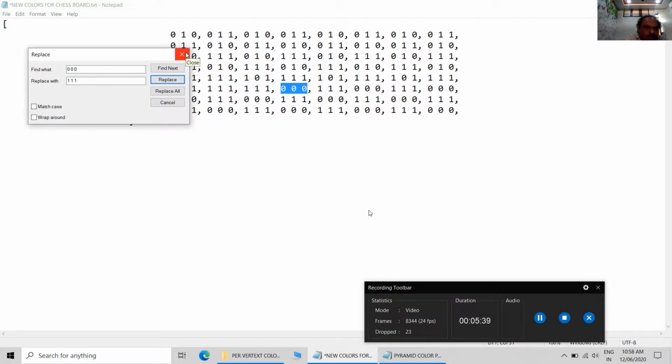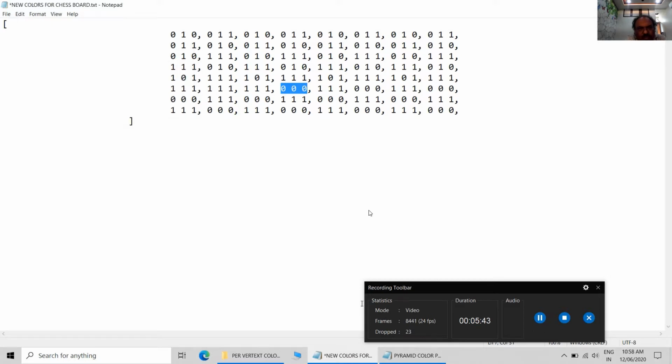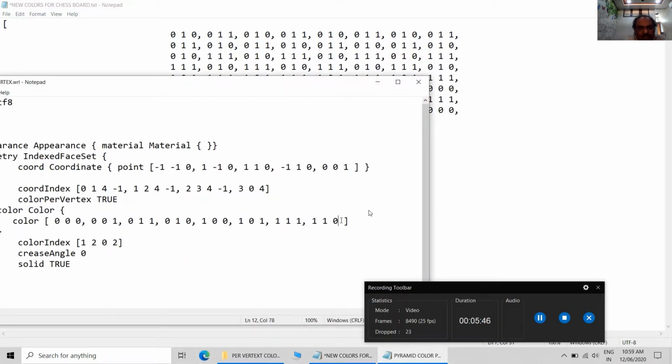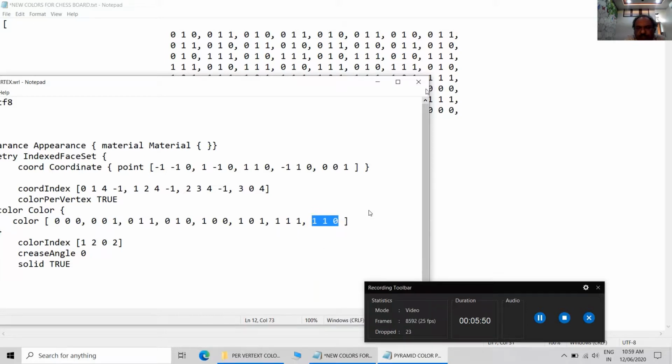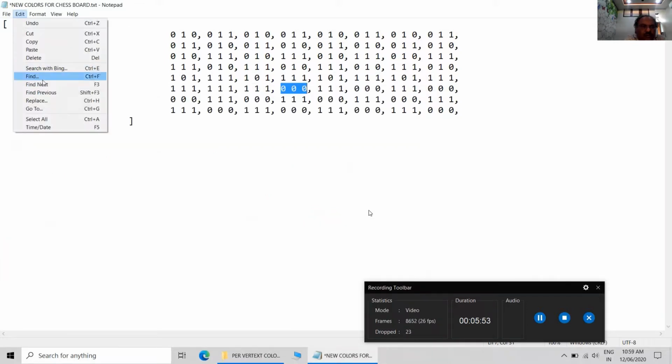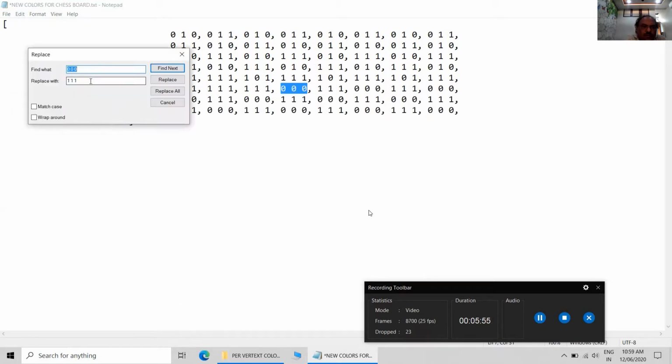Okay, so which is not required, because if there are adjacent white checks, then that will lead to confusion. Black can be replaced.